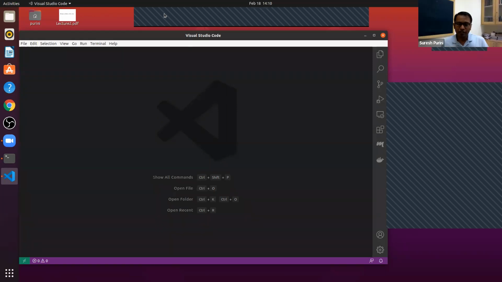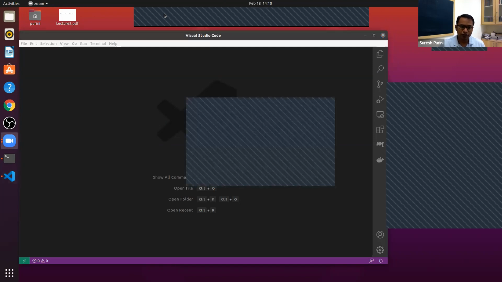It is also used for systems programming, if you want to build an operating system kernel, or an embedded system software. Very low level things you will be able to do with the C programming language.